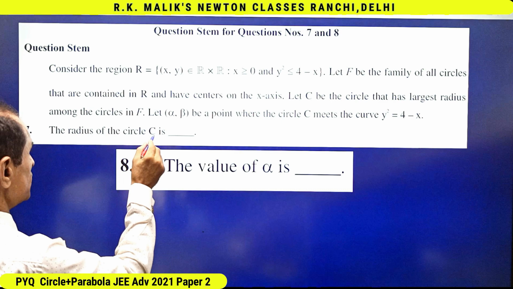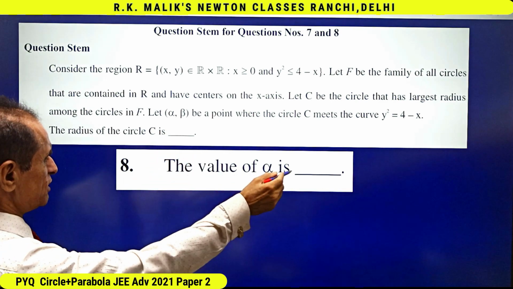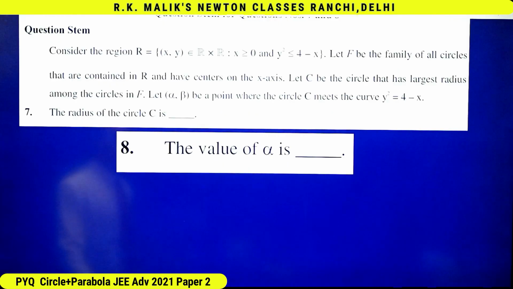The radius of the circle is dash. And the second question is, the value of alpha is dash. Before I do this question, I will tell you a very important concept of circles, that is the concept of